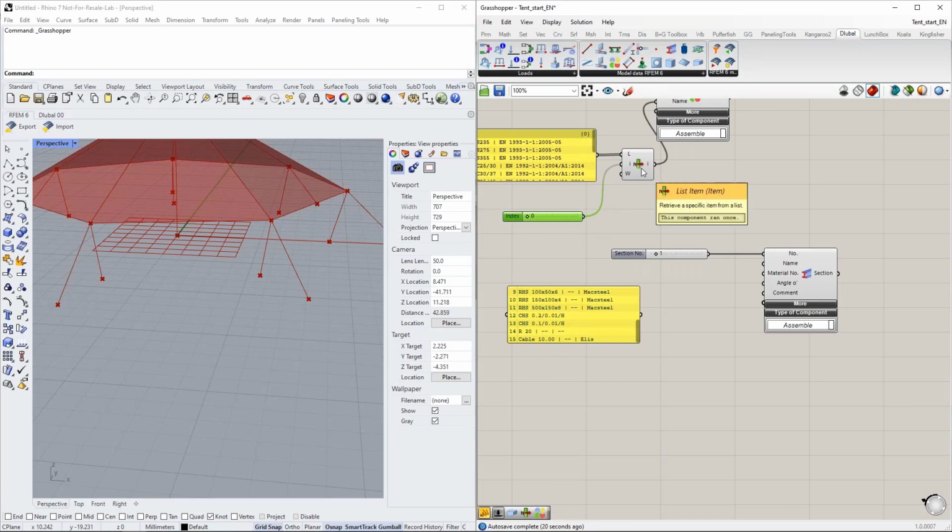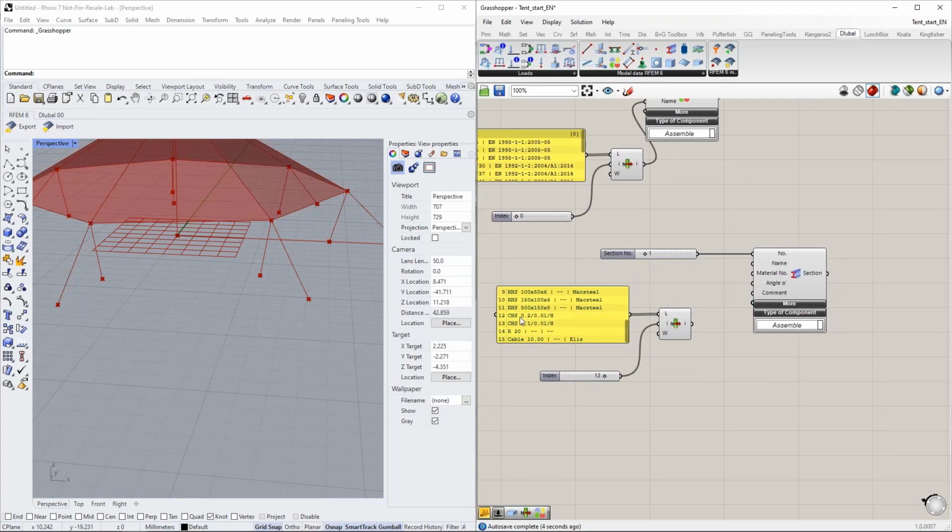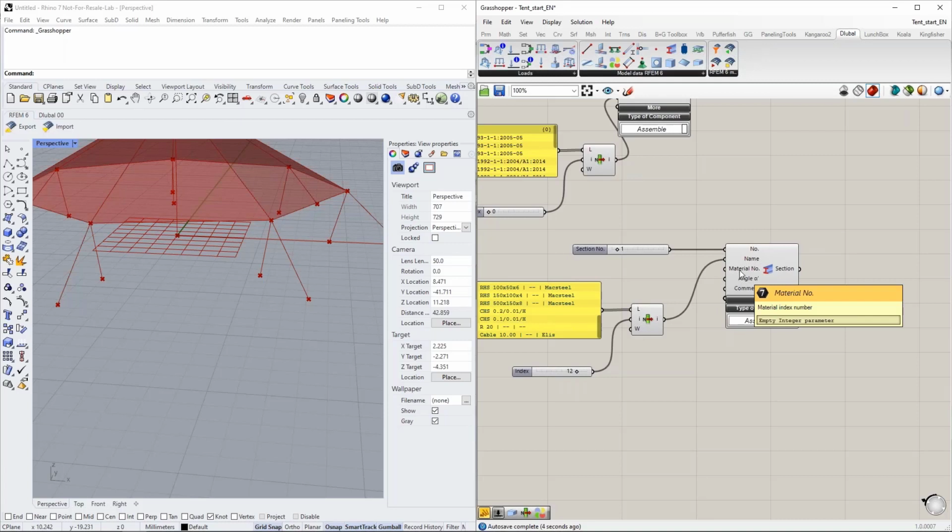Yeah, copy paste the elements that I used before, connect them again, and then just select the cross section from that list that I want. For example, cross section number 12. It's a circular hollow section. Yeah. So this is the name of the cross section, and then the next input would be